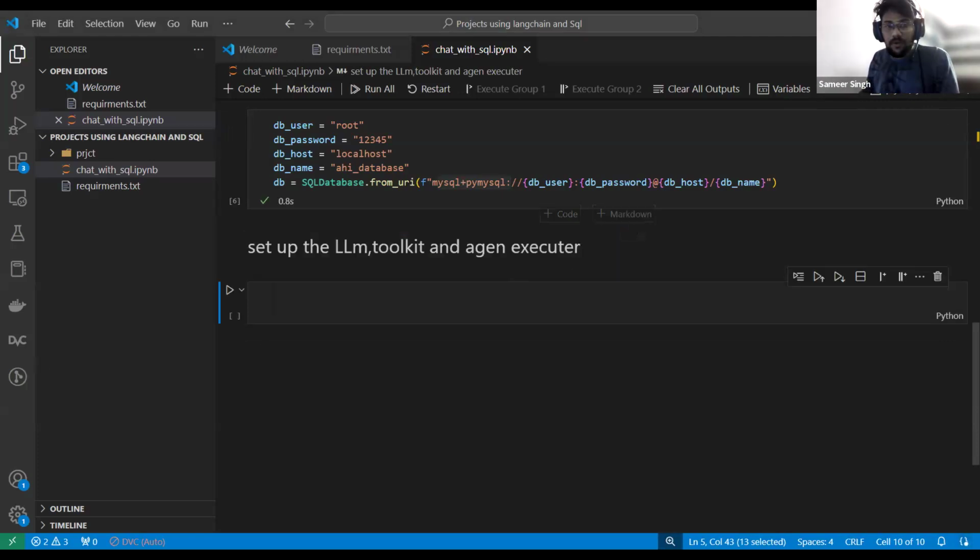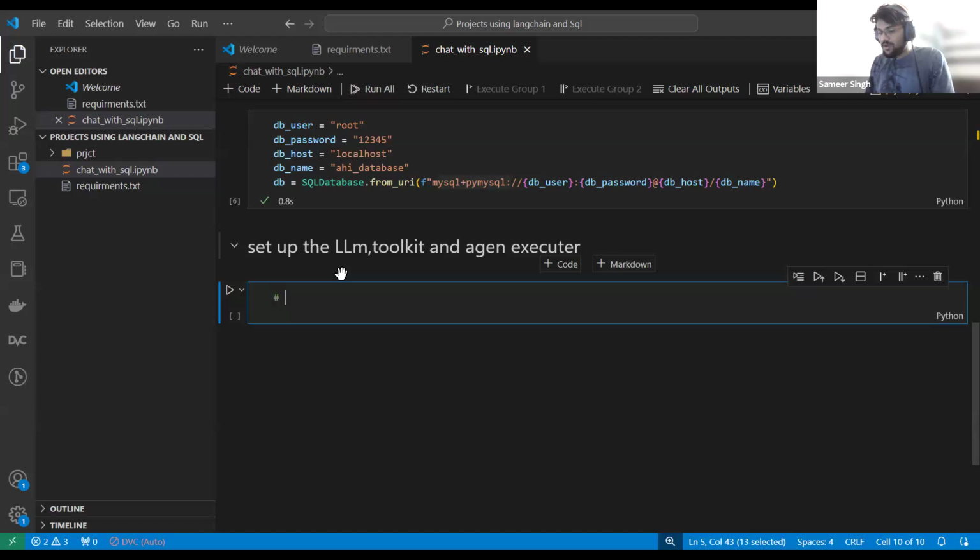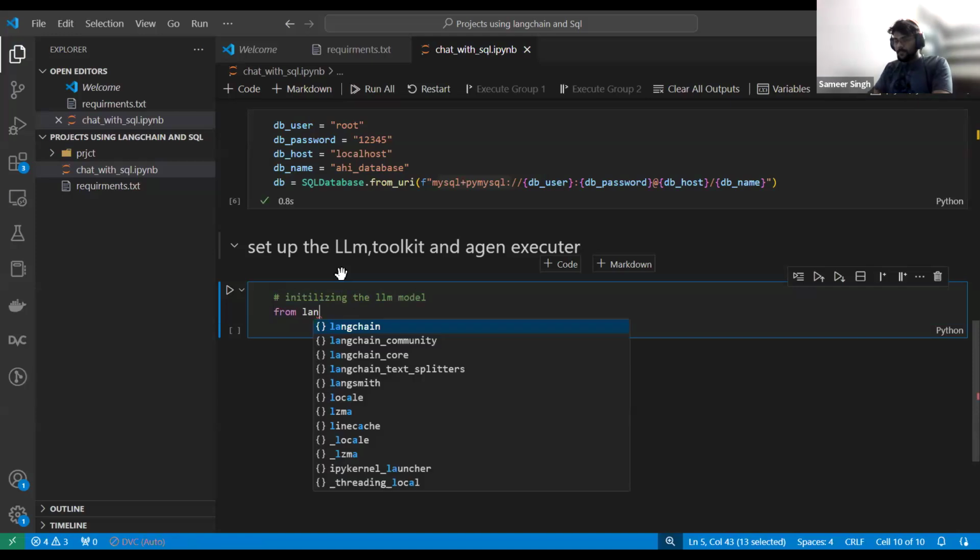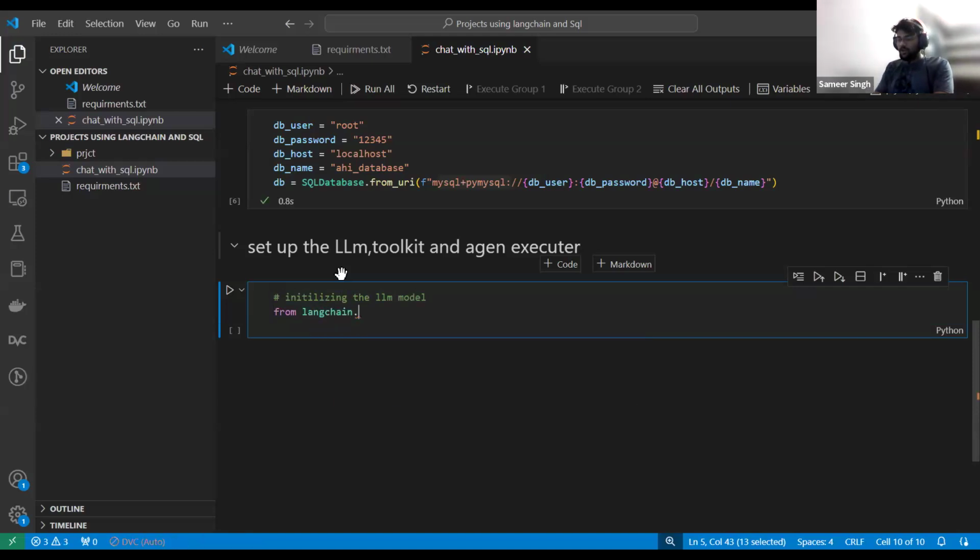So very first, initializing the LLM model. Which model? I will say from langchain.chat, since we will have to do the chat with the SQL. That is why I'm going to import the chat models.